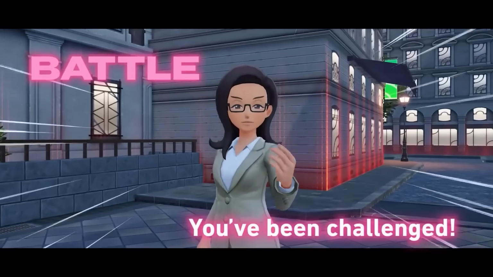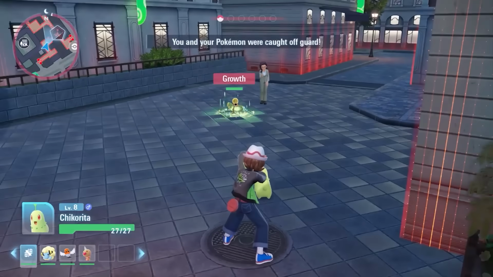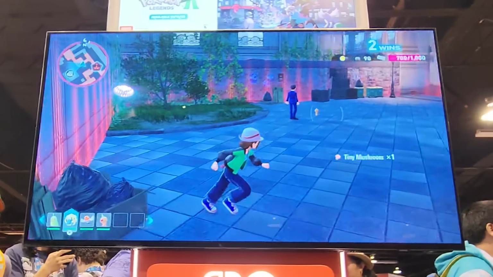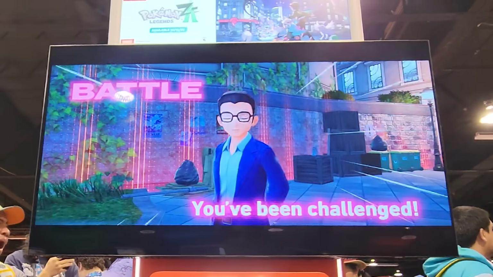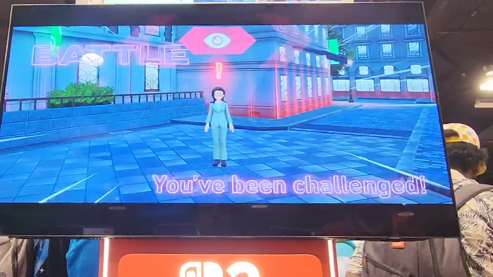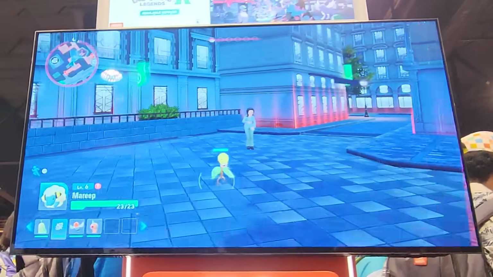A few final notes on trainer battles though. Just like you can sneak attack enemies, they can also get the upper hand on you. This only seems to happen against specific trainers though, as this message didn't pop up in other instances where I was spotted. But if an opponent does ambush you, then similarly they'll be able to get a free attack off